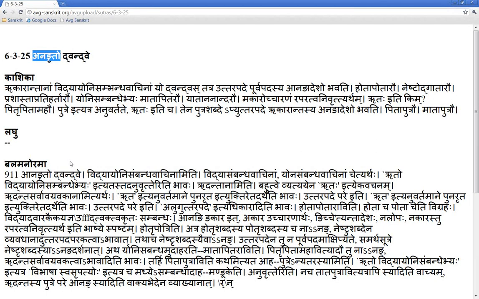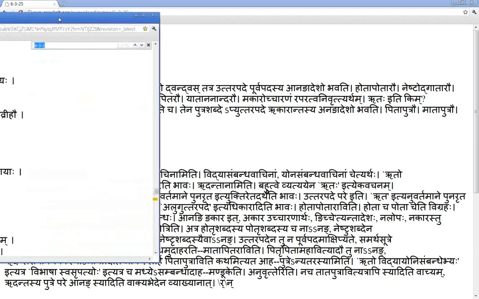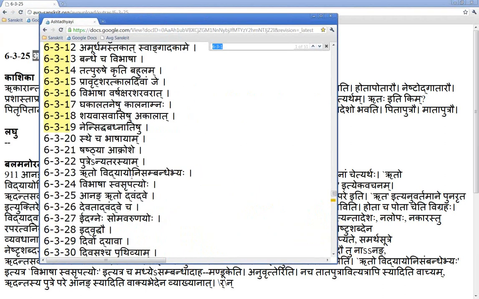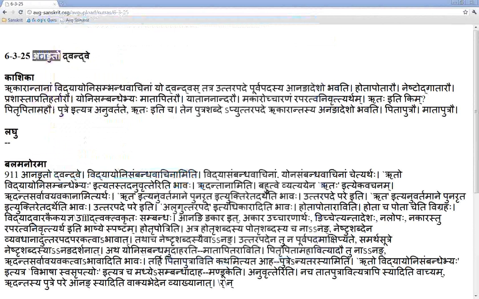So Anang Rito Dvandve. So Rikarantanam Vidyayonisambandhavachinam. Anuvritti is coming down here. Vidyayoni Sambandhavachinam. So here the Vidyayoni Sambandhebhya is coming from 23. Okay, 23. So here Vidya really means Vedic learning. The Karmapata, when the different priests study different parts of the Veda and then they perform those functions in the yajna or whatever, that's what is meant by Vidya. So Vidyayoni sambandha vachinam yo dvandvaha